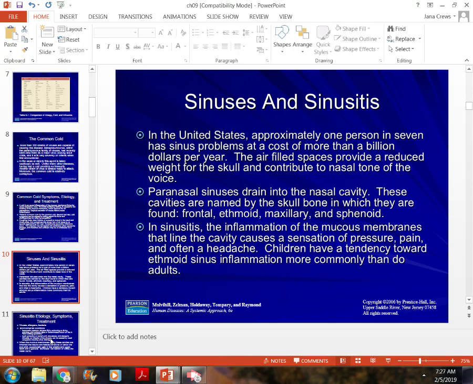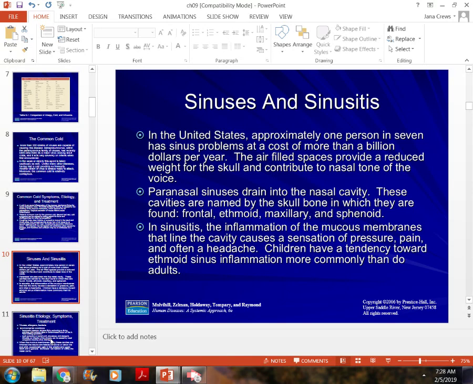Sinus infections, or sinusitis. So in our skull, I want to take my glasses off for a minute. We have sinuses that are above the eyes. We have them near our lacrimal ducts, or our tear ducts here. We have a set of sinuses on each side of the nose, and then we have some here in the cheek. And so when those sinuses get infected or clogged, then we have other issues, and we can get inflammation and infection.